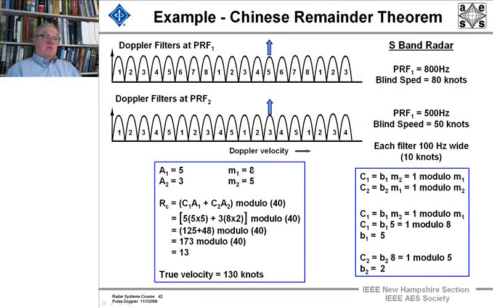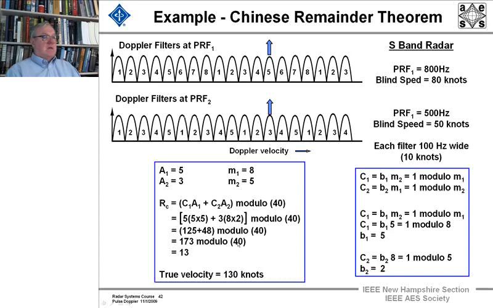But there's only 2, so 8 times 5 is 40 there. And the A's are 5 and 3. And using the arithmetic over here, we can calculate the B's as 5 and 2, and we fill those in with these numbers, and we get